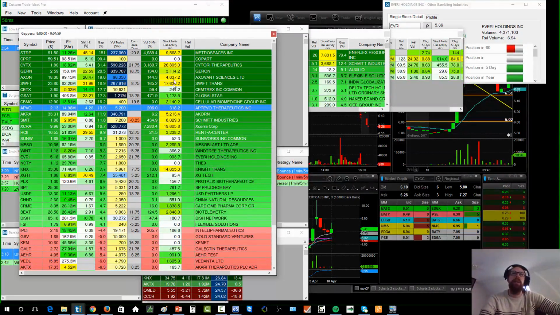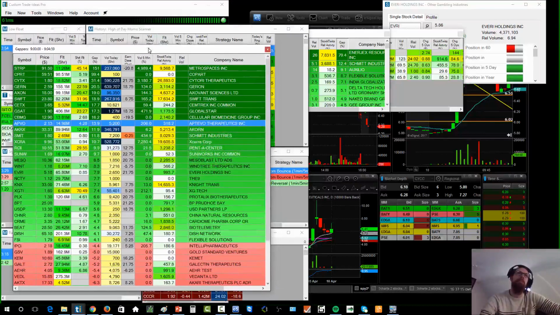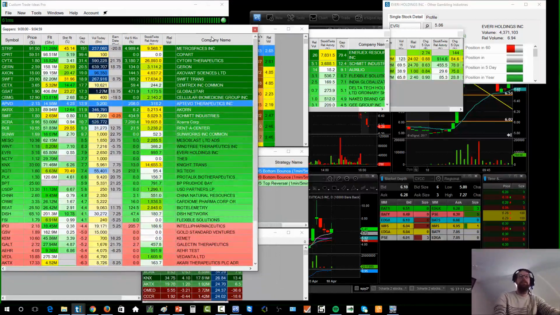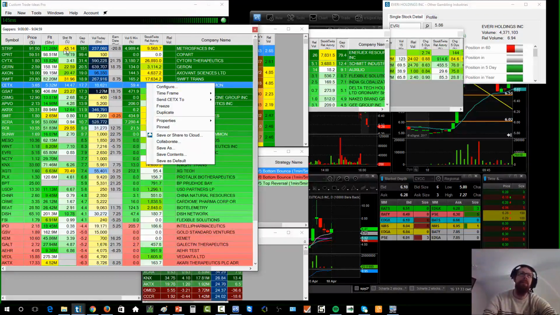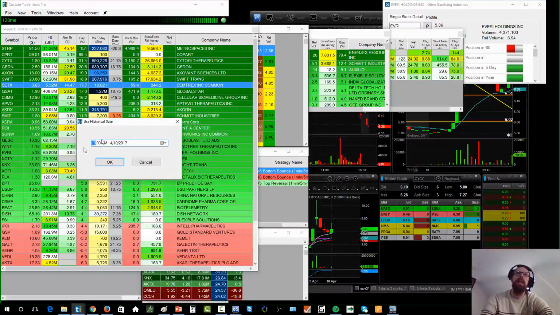Relative activity on StockTwits. So, as we talked about in class 2 or class 3 on stock selection, my process each day is I look at the stocks gapping up. I look at the top 5, and generally I want to see some good gappers in the top 5. So today, the top 5 was really not as exciting for me because these were all stocks that either were high priced or high float. Now, if I use historical date of